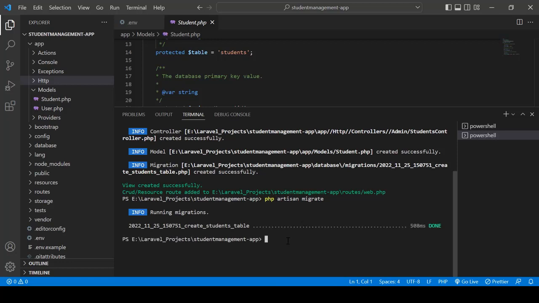Right. Migrated successfully. Create the students table. Here, migrated successfully. Right. Now let's